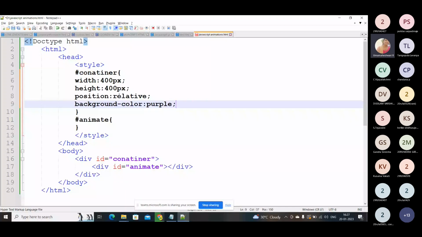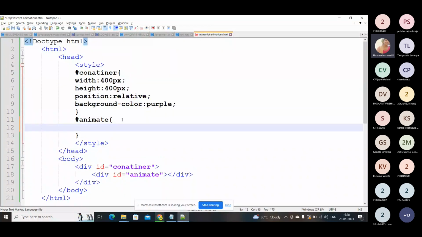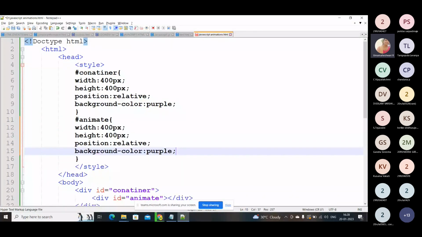And here comes again. This is my child one, which is going to animate. It is going to move. So copy and paste it here. Here I will change the width to 50 pixels, and the height to 50 pixels. And this position, I will change to